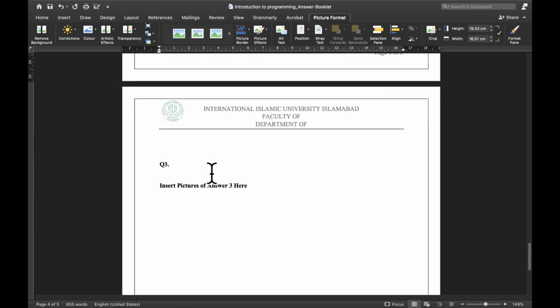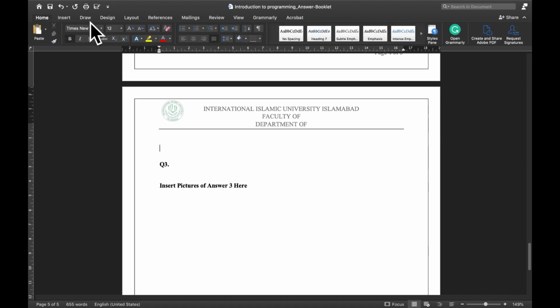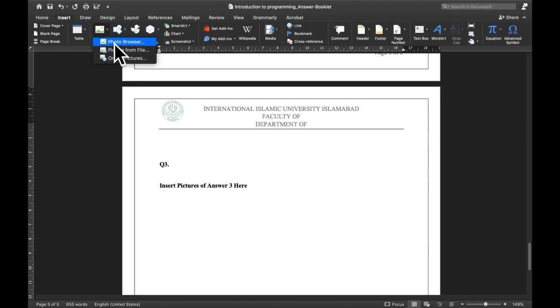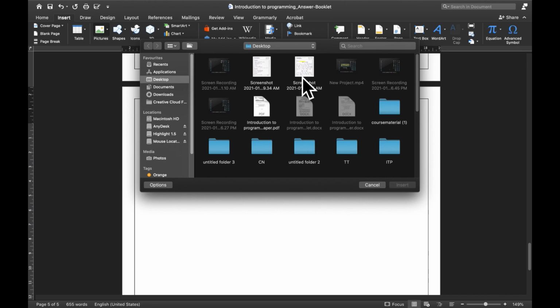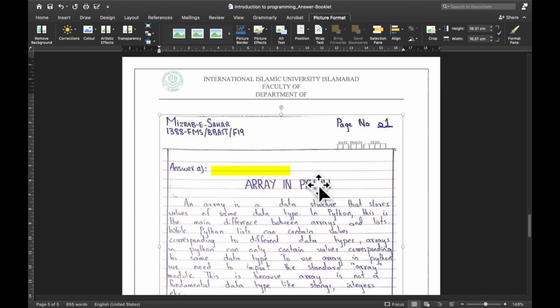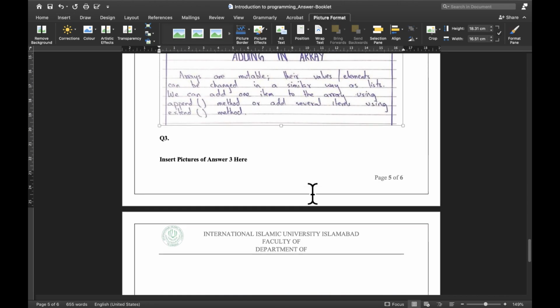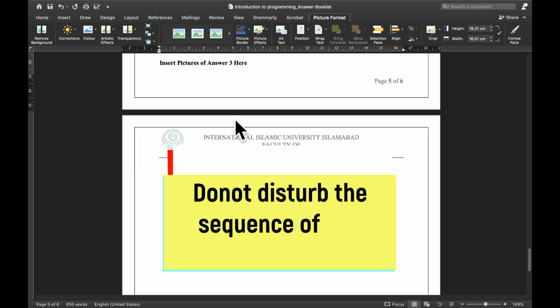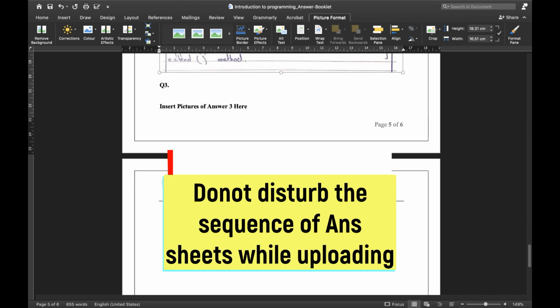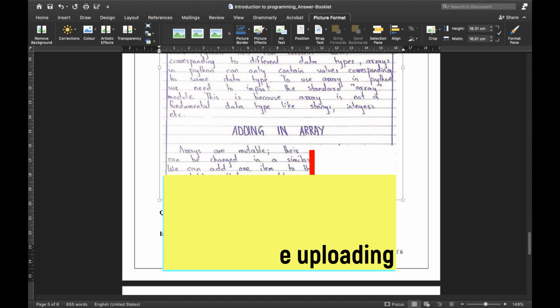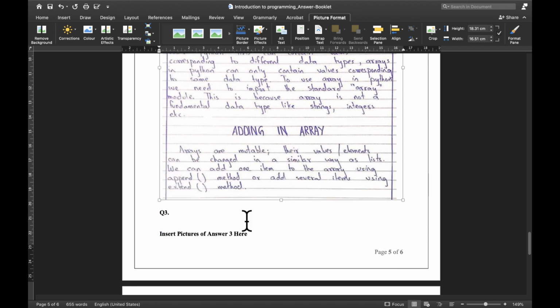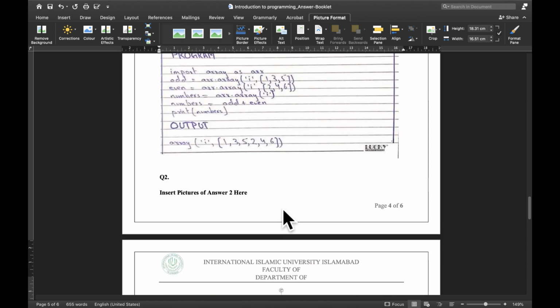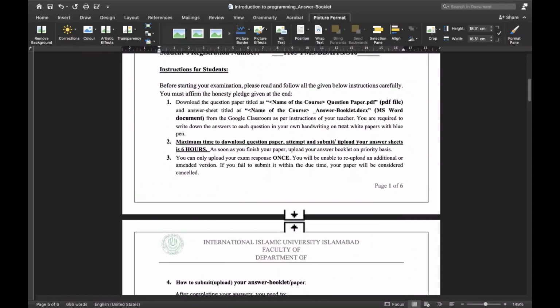Then for question 2, I'll again go to Insert, Pictures from File, and this is my question number 2 being inserted over here. The same will be the case for question number 3. Or if you have multiple pages for one question, you will keep adding these pages to your next sheets. Okay, make sure once you are done with all these activities,